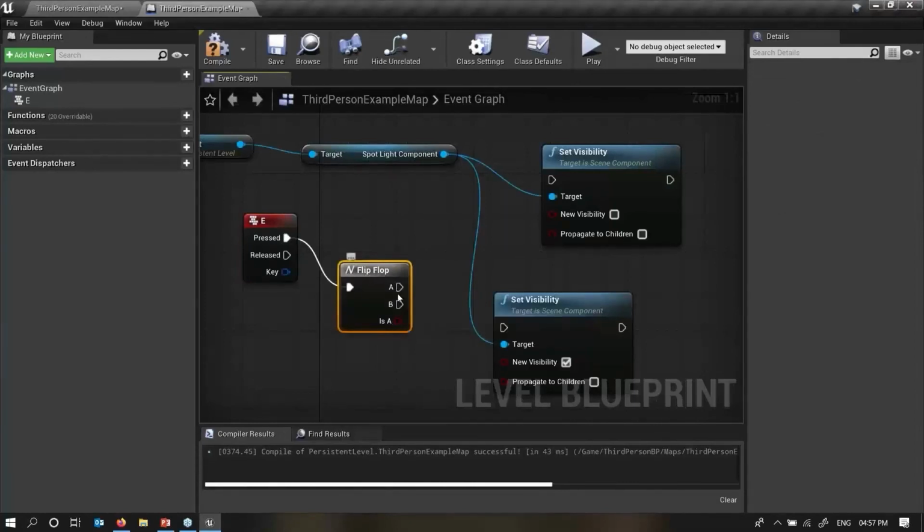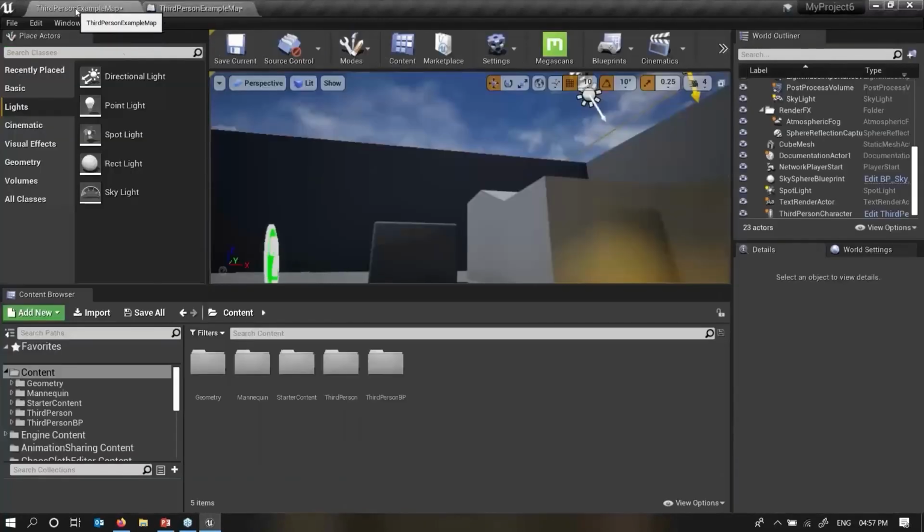Now when I press A, that means pressed A, this visible is on. Once I press it again, this target will get off. And again do the compile. So I'm not using this release option, I'm only using these pressed options.